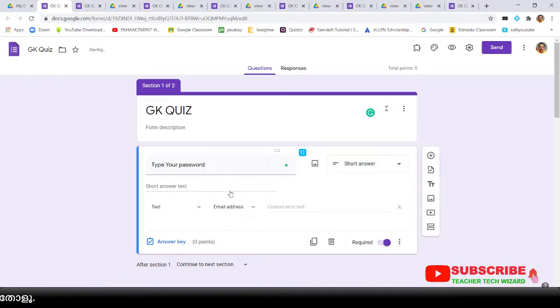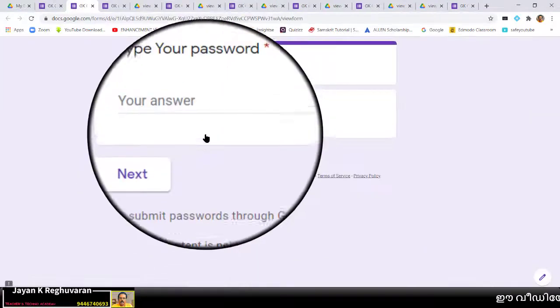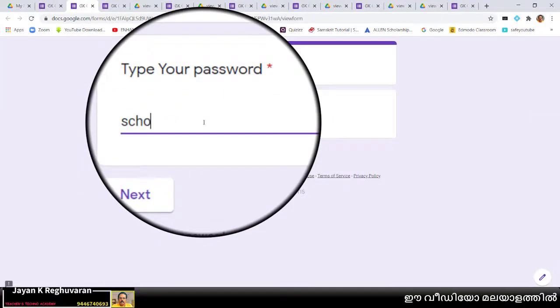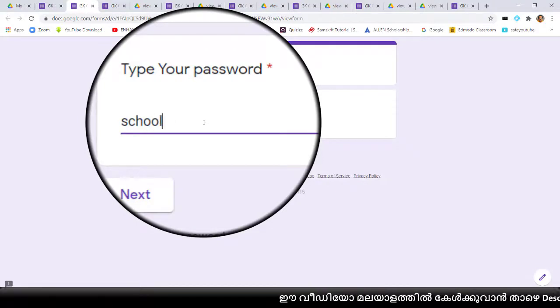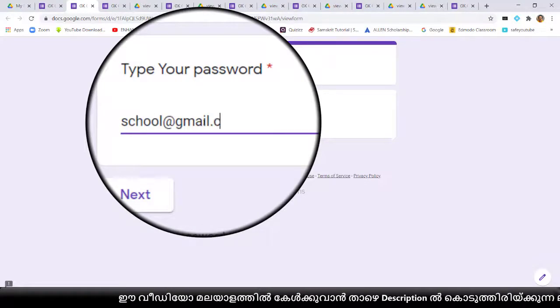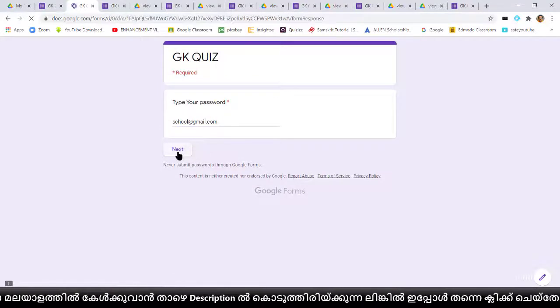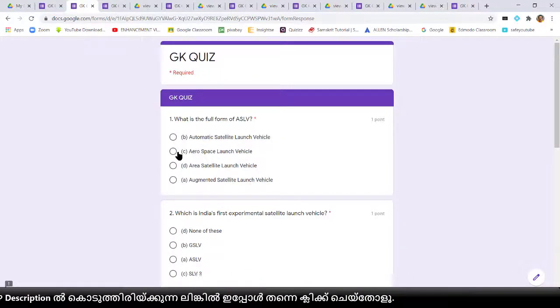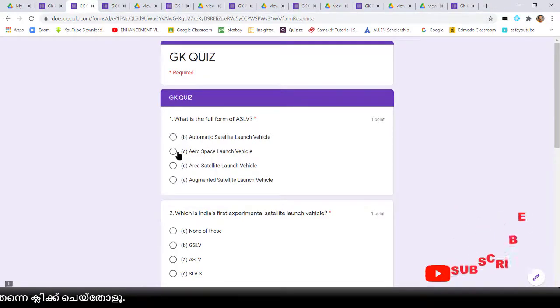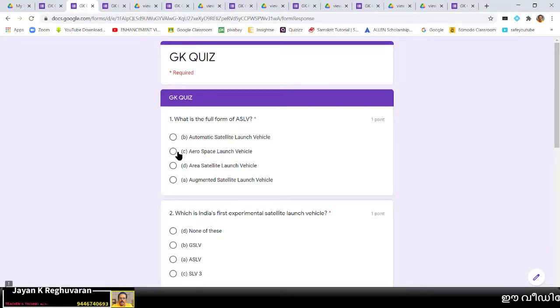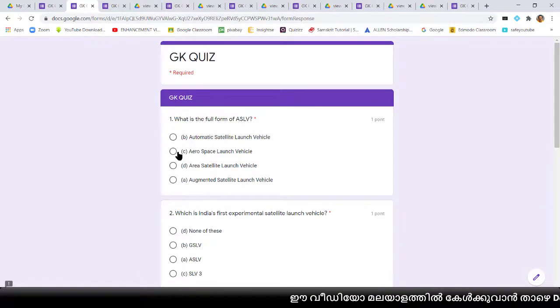Okay, if you select the email address, you can give any email. For example, what is the password? You give your school name and at gmail.com, or any other email address, and it will open. So in the place of the password you tell them to type this Gmail or this email ID. Children will think only this email ID will work, but actually any email ID will work there, so that children will not think of any email ID. If anyone is trying to do that, only he will understand.